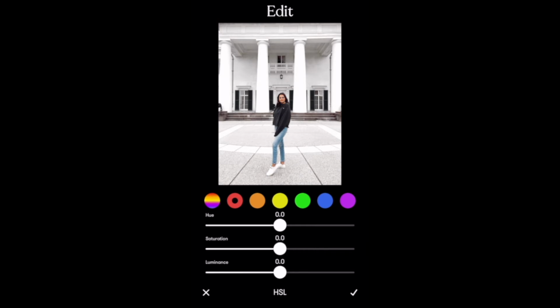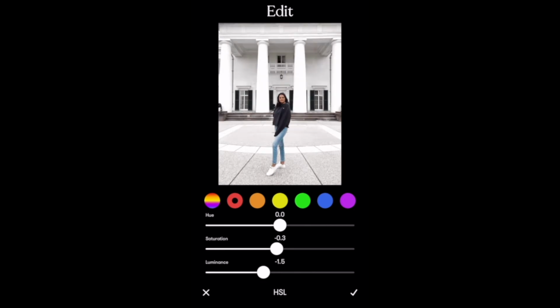So I'm going to darken that down a little bit and also do the same with the orange. But then I'm also going to turn the saturation down a little bit so it looks a little bit more gray toned and muted, still dark and tan, but not overly